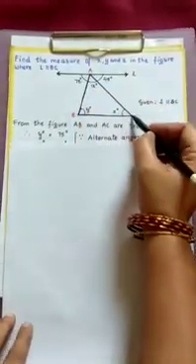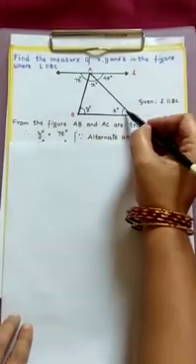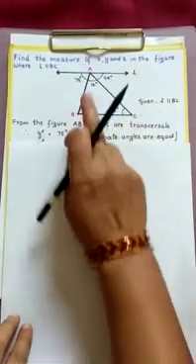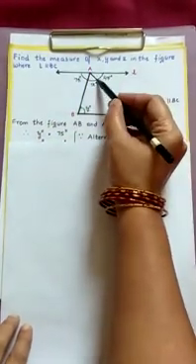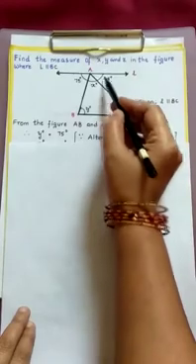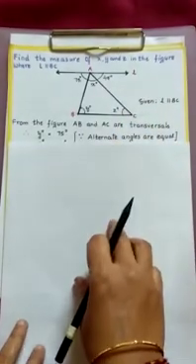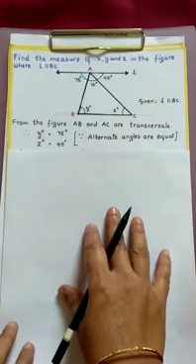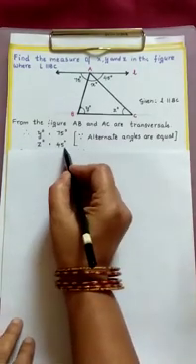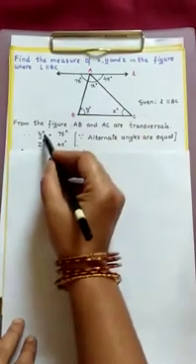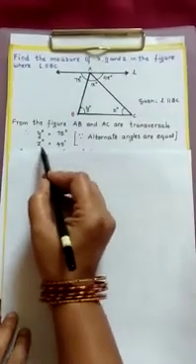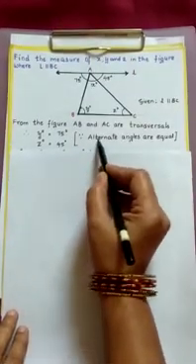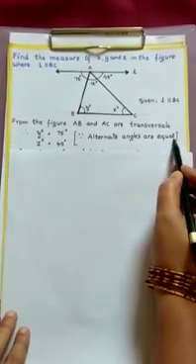75 degrees. Now if AC is a transversal, you observe here z degrees and 45 degrees. Don't see x again. Now z is on one side and on the other side you have 45 degrees. Again these two angles are on either side of the transversal, which are alternate angles. Again alternate angles made by the transversal are equal. So what is the measure of z here? 45 degrees. So we got the y value as 75 degrees and the z value as 45 degrees. What is the reason? Since alternate angles are equal.